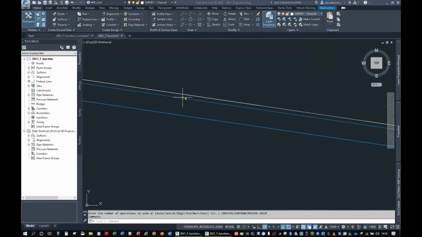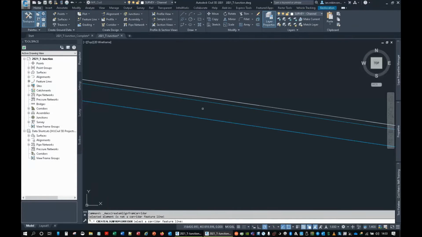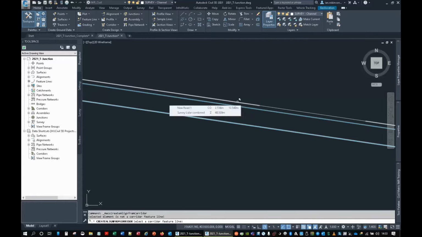If I select the corridor, now you need to select the correct feature line that you want to extract from the corridor, and you'll see in the launchpad on the right hand side that they have extra tools. There's kind of shortcuts, if you like, to other objects, other tools that you can get to elsewhere in the ribbon. And you'll see I can extract feature lines from corridors, alignment from corridors, profiles from corridor points, and polylines from corridors. I want an alignment. It's saying select the corridor feature line. I'm going to pick this one here,